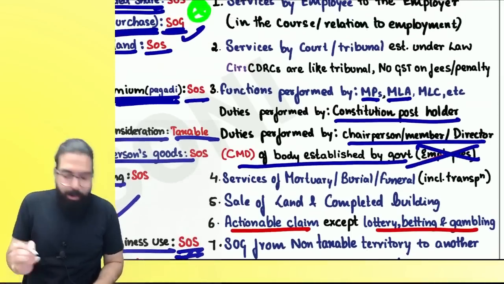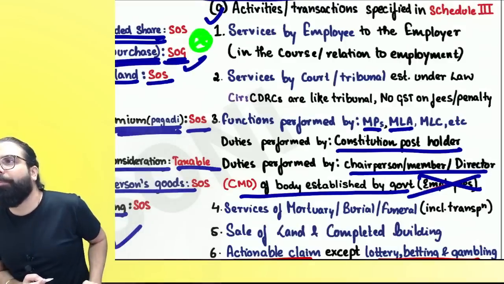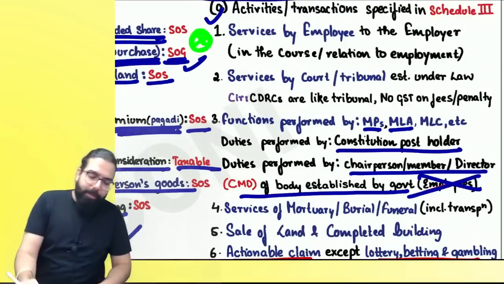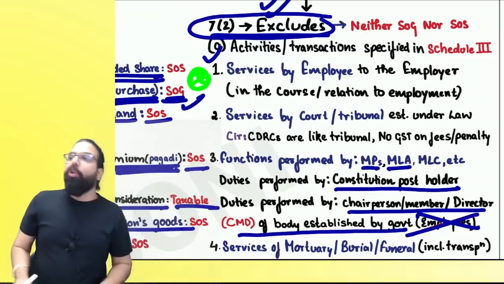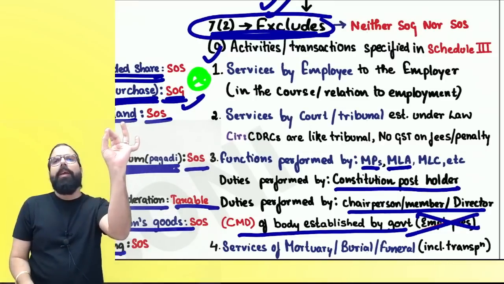Sir, why is he not an employee? Baba, if he is an employee, he will be covered over here. Then also his services will be neither supply of goods nor supply of service. Can you tell me, everyone, section number 7(2) told about a bench flag: B for one-to-one transfer, E for employer-employee,